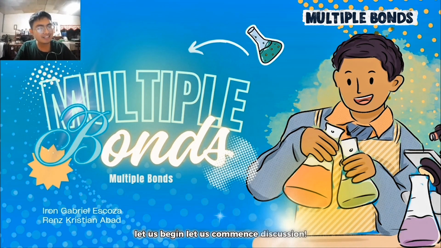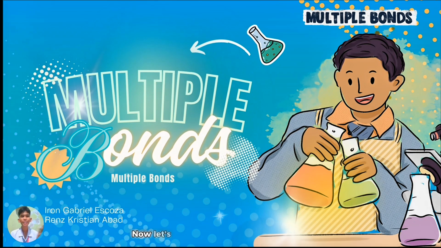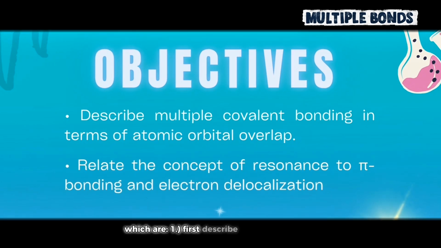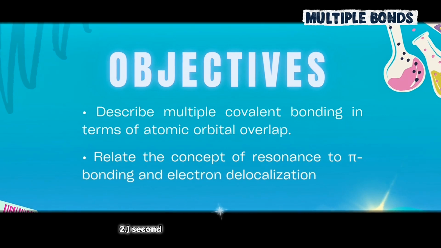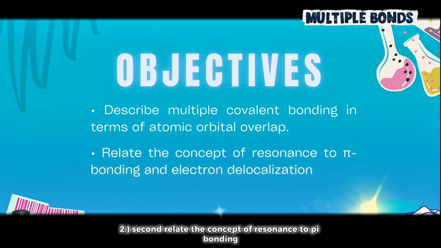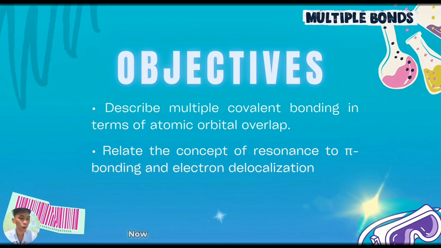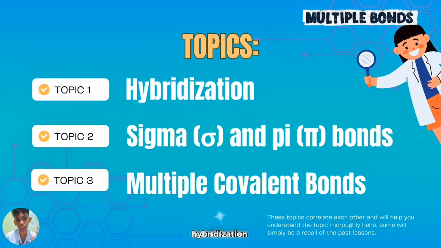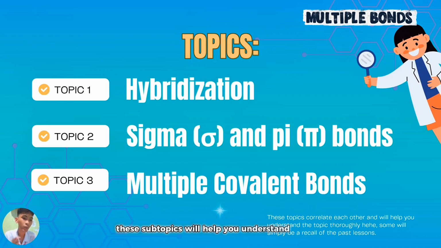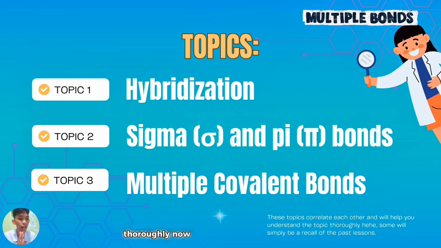Let us commence the discussion. Now, let's proceed to our lesson's objectives, which are: first, describe multiple covalent bonding in terms of atomic orbital overlap. Second, relate the concept of resonance to pi bonding and electron delocalization. Now, the subtopics we'll cover for today are: first, hybridization; second, sigma and pi bonds; and third, multiple covalent bonds. These subtopics will help you understand today's lesson thoroughly. Now, let's proceed to our first topic, which is about